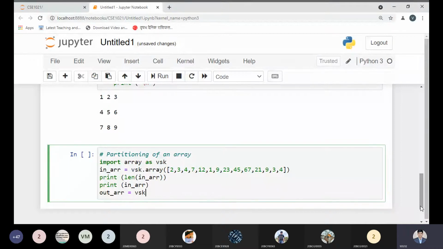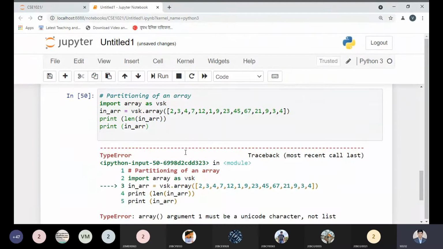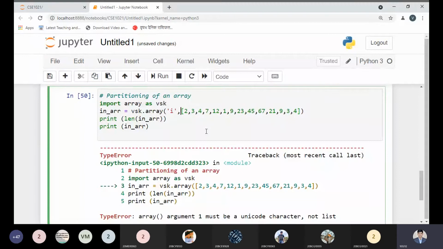And BSK is the name of the array variable by which I'm calling the partition method. So for this partition method, what is the name of the array? The name of the array is arr, and from which index value you want to do it? Before doing that, let me execute this part and see. Are we getting an error? Yes, of course we are getting the error. So let me clear this one. This would be the integer type.